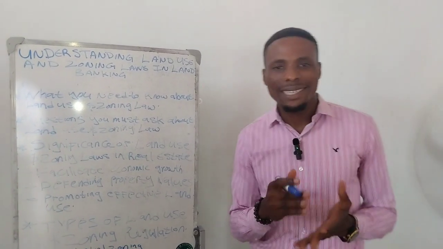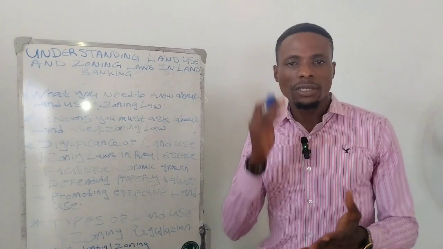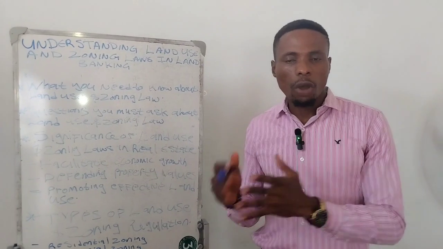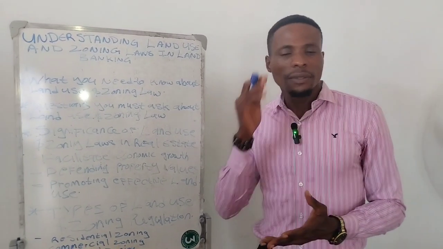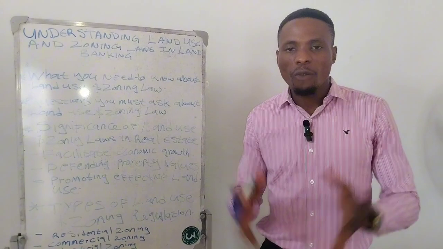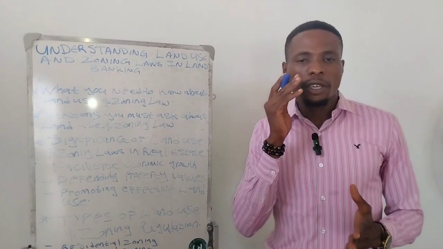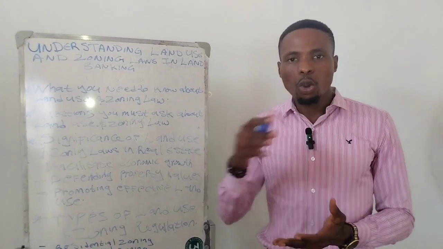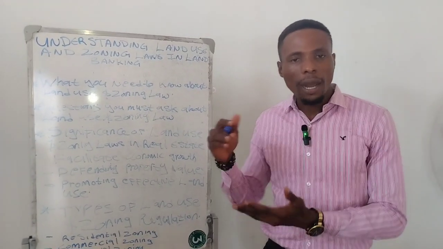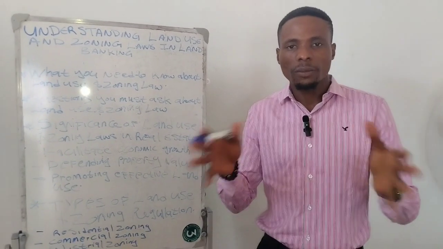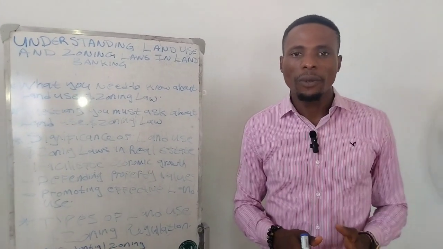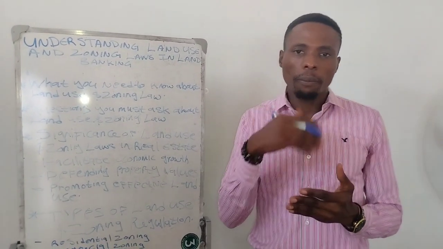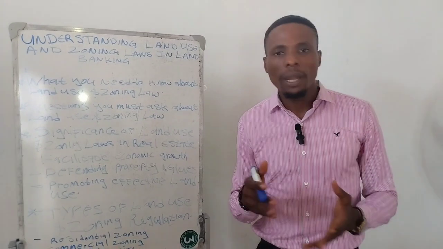Now, you need to first understand that the regulatory system or these laws of land use and zoning laws come out of the state, the federal, and the local government of an area. So if you intend buying a property from a certain area, you must go to your local community, to the local government, to find out what this particular area is meant for. And that is what we can actually help you do when you patronize us here at Homeland.